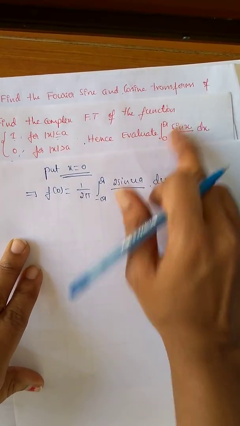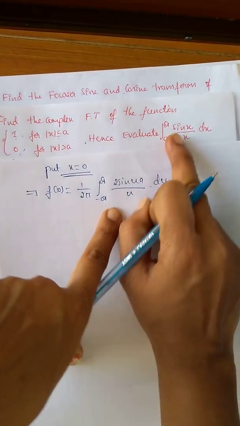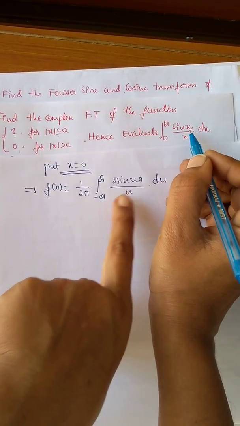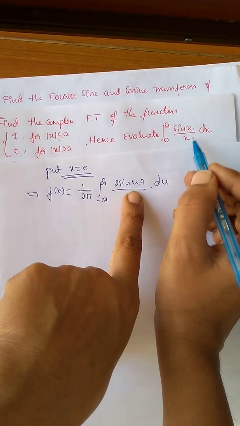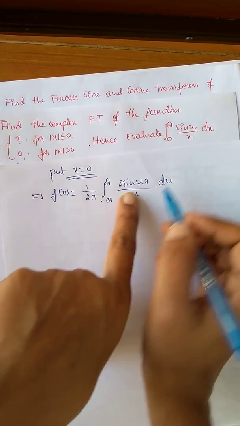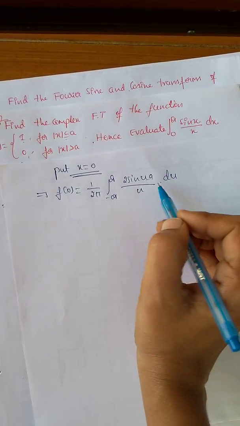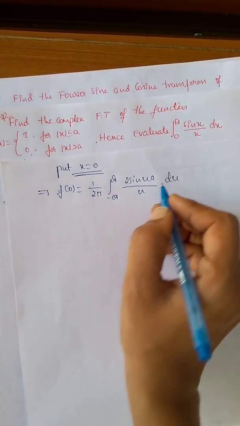We have to evaluate this, but we got this type of equation. Just compare. So in place of u, here we want the x term. In place of u we want x, so just replace u by x, and here the a term is not there. We don't want this a term, so we have to remove the a term.